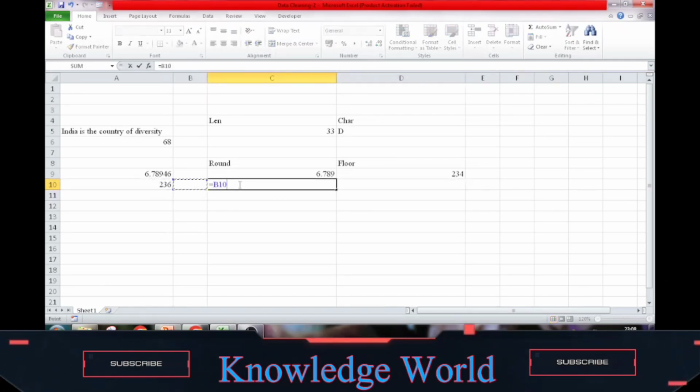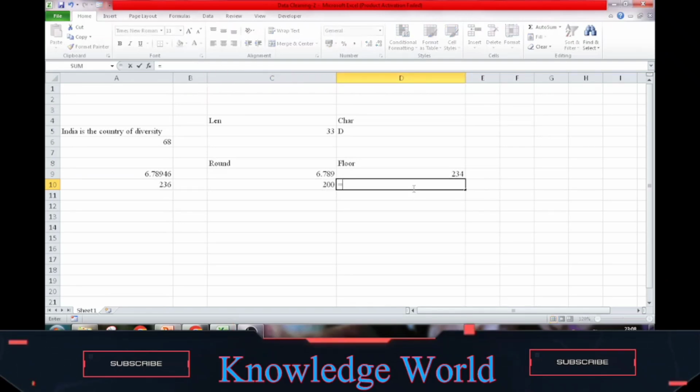In the same case, if we write ROUND, bracket, comma, then -2, it will be 200, because it converted the 36 into 00, that is 200, which is easily a multiple of 2, and this is the largest value which is a multiple of 2.